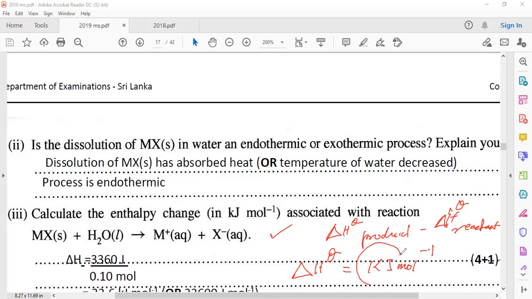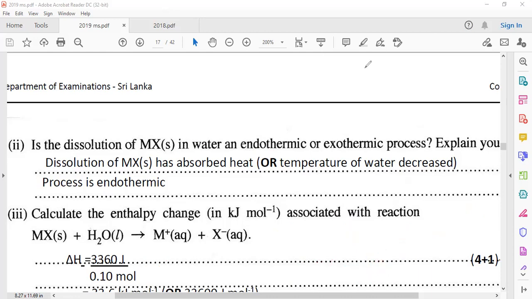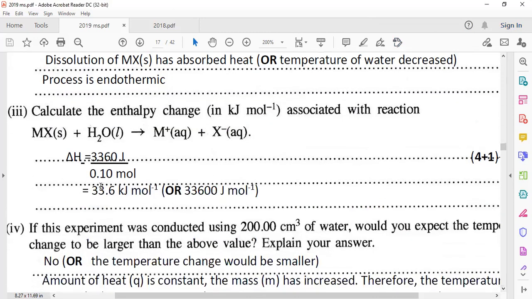Actually, we have found the joules, the heat supplied to bring that back to 25 degrees Celsius. So we know the heat, and you have to find it per mole, and the given moles are there. So this is joule per mole, and you found the answer, right? You can give joule per mole, but the question clearly asks for kJ per mole, so you have to multiply by 10 to the power of minus 3.